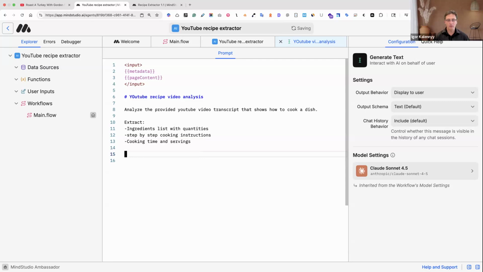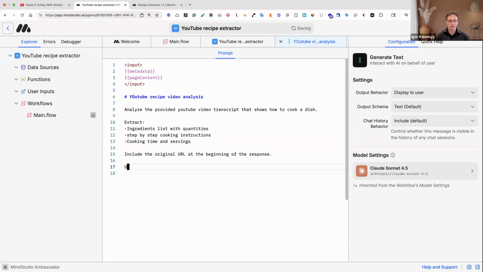And I want to be able to include the original YouTube URL so that people can actually click on it. I might say something like this: include the original URL at the beginning of the response. Okay, these are the directions for what to do, but how do you display them?